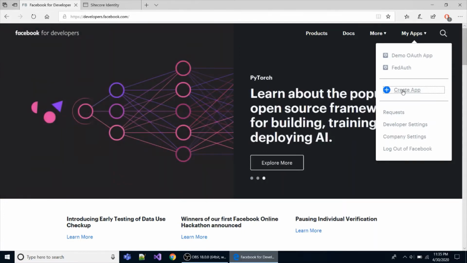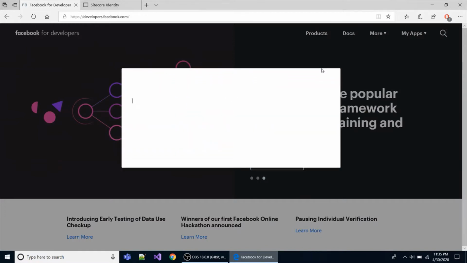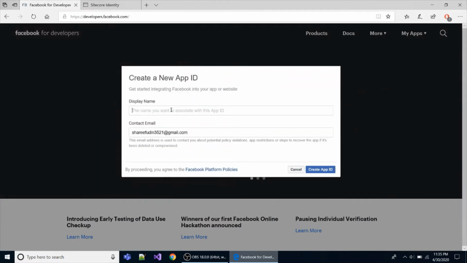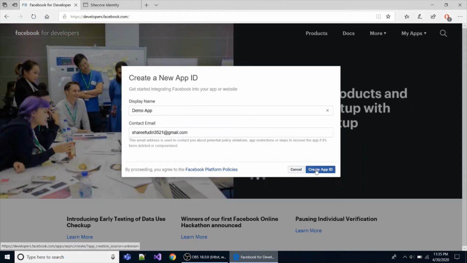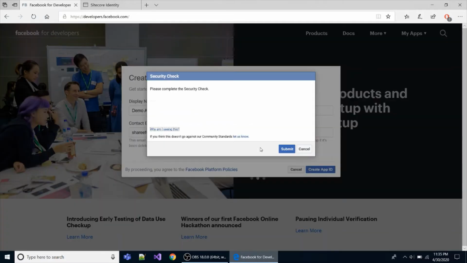So that we can see how to do it. Click on Create App, and you have to give some display name for your application. Let us give it some name, demo app. Click on this.